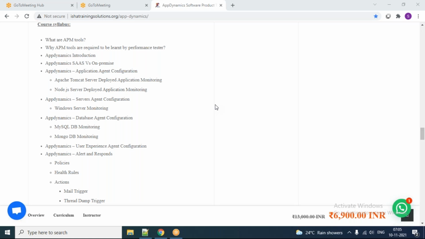Anybody can learn it: developer, performance tester, performance engineer, system support engineer, provided what capability they are going to use, what feature they are going to use. In that way we are going to get an understanding of who will do what, and what performance testers can do using this APM.